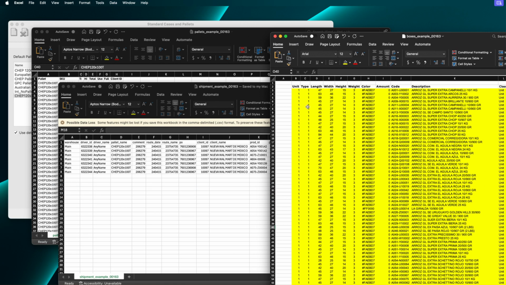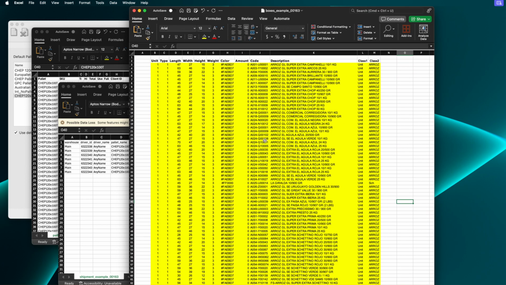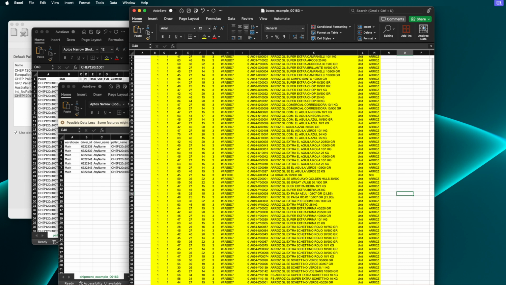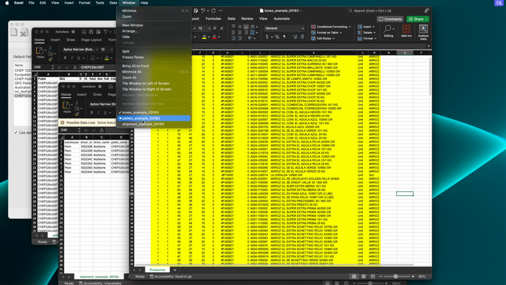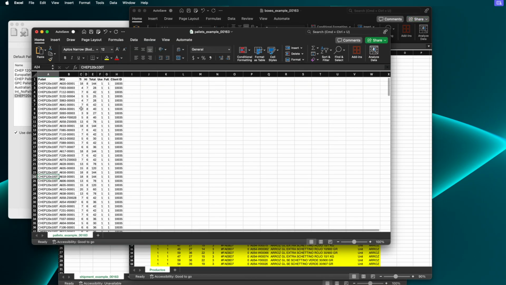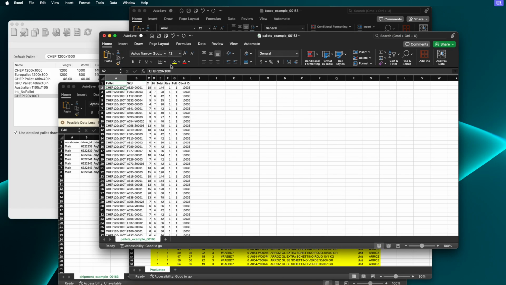So for example, here we have a spreadsheet, we have products, okay? And we have another spreadsheet where we have the standard pallets. It will tell you the pallet type. Just make sure that the name is the same as the one that we just created,